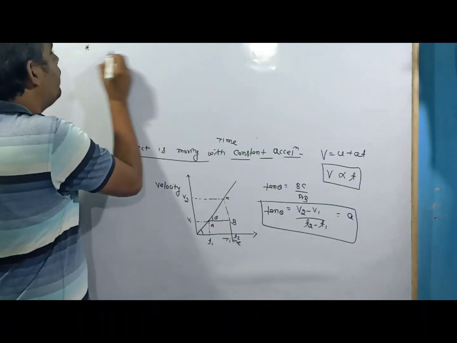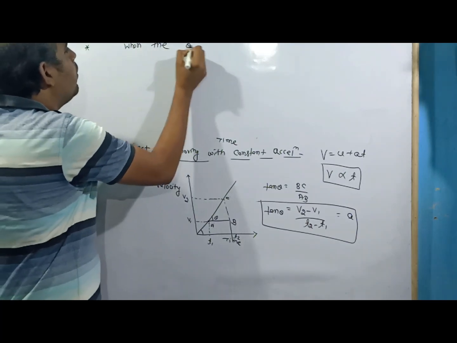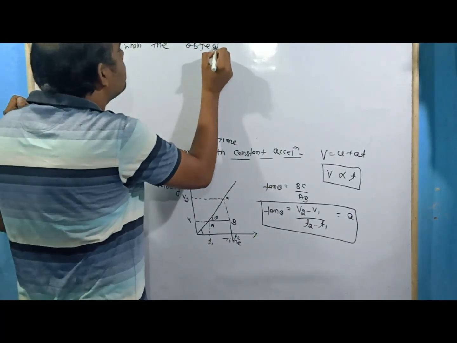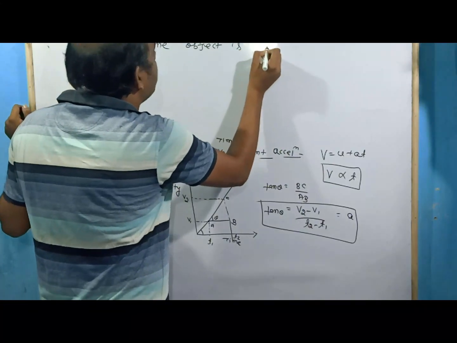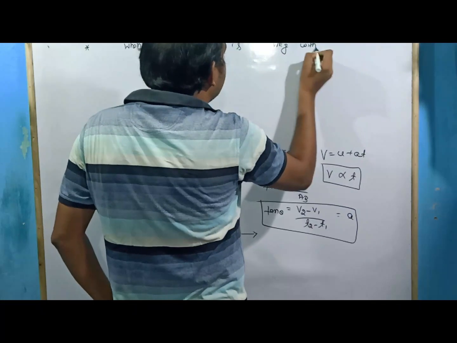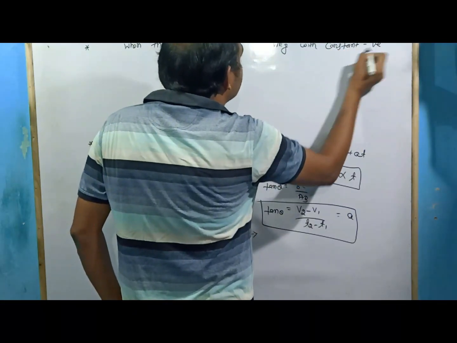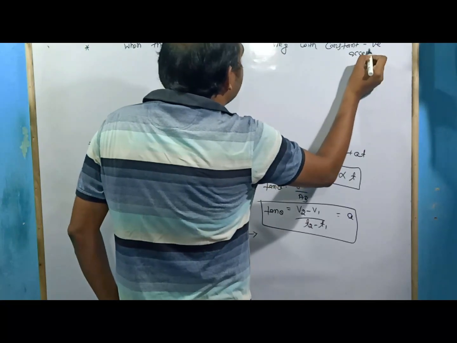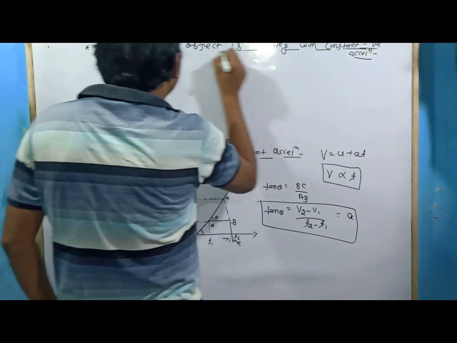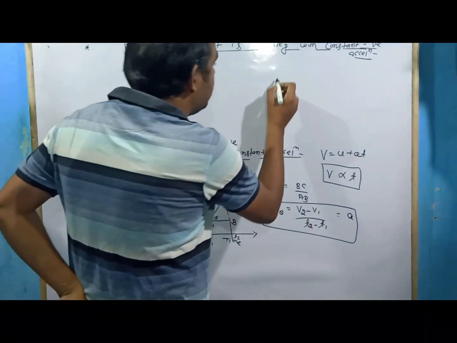What should be the graph when the object is moving with constant negative acceleration? If the object is moving with constant negative acceleration, what should the velocity-time graph look like? In that case,